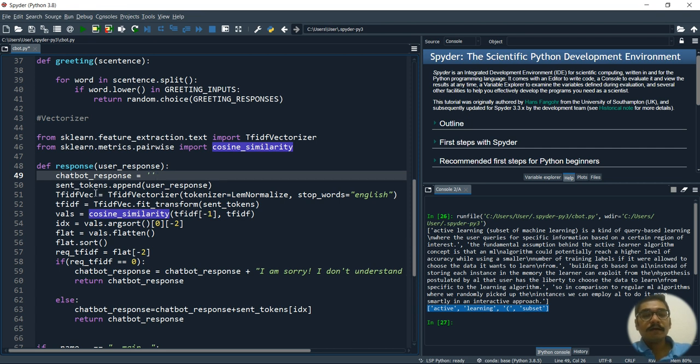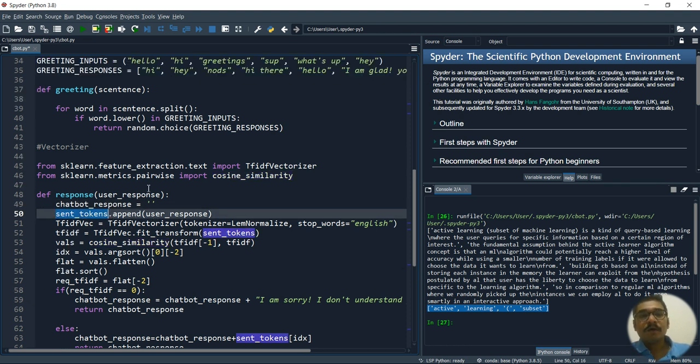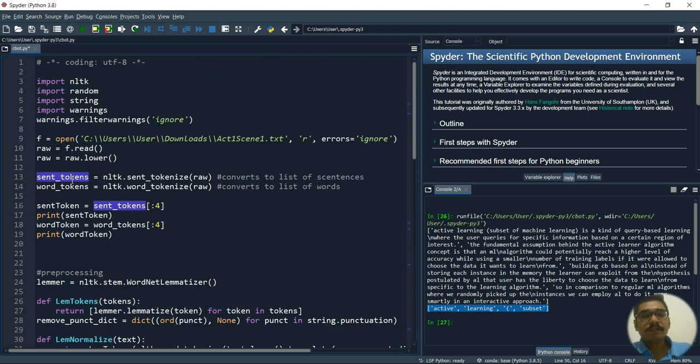Then the user will give some input, which will be considered as tokens. Once the user gives that input, it will be sent tokens. The user's token will already have been sent, or given to the chatbot. That's why it's called sent tokens dot append, or you can consider sent tokens as what we did previously at this particular line.